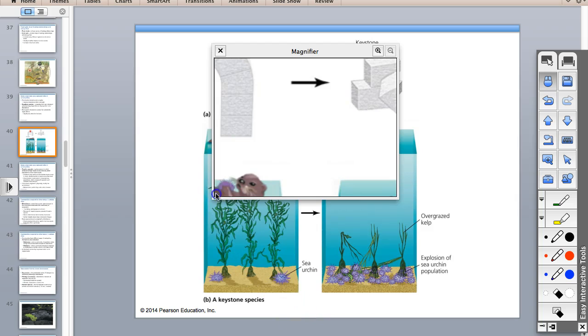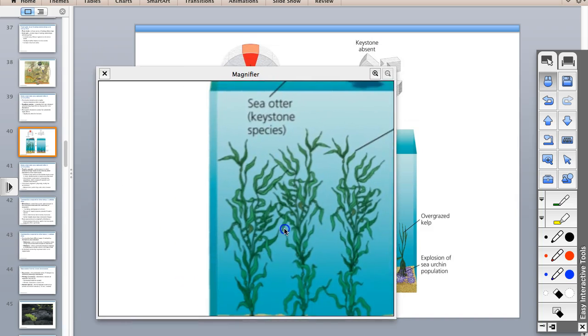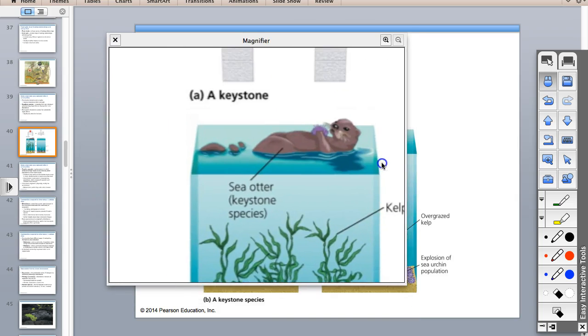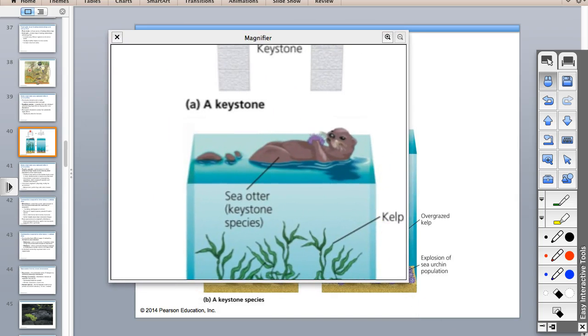So cool. I went to the aquarium. I have like a season pass. I don't even think that's what it's called, but I don't care. I have a yearly membership, a season pass to the aquarium. That's how you know you're a nerd. But they actually have like a big sign that says they're sea otters. Have you been to see them? And they actually have a sign that says they're keystone species. And I was like, yes, my life is complete.